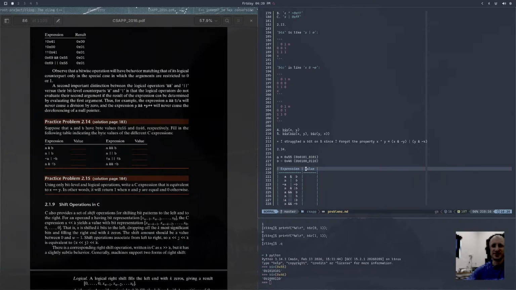Does it want it in decimal? Fill in the following table indicating byte values of the different C expressions. So it wants it in probably hexadecimal, I would think. Let's just look at the formatting here. 214. Yeah, it wants byte values. Okay, so